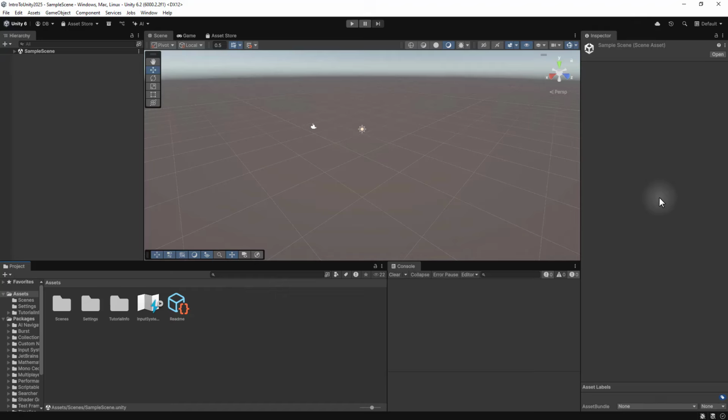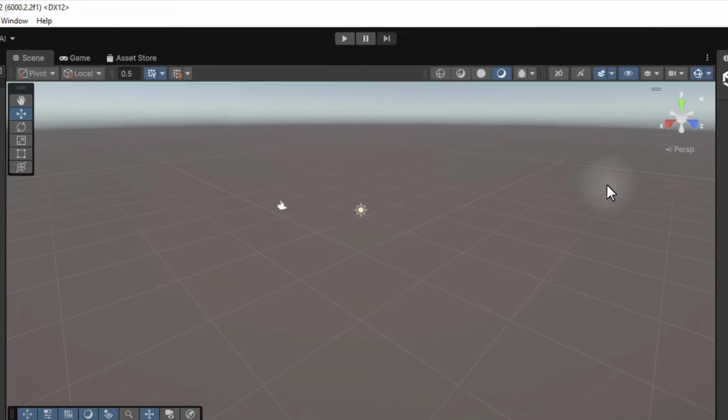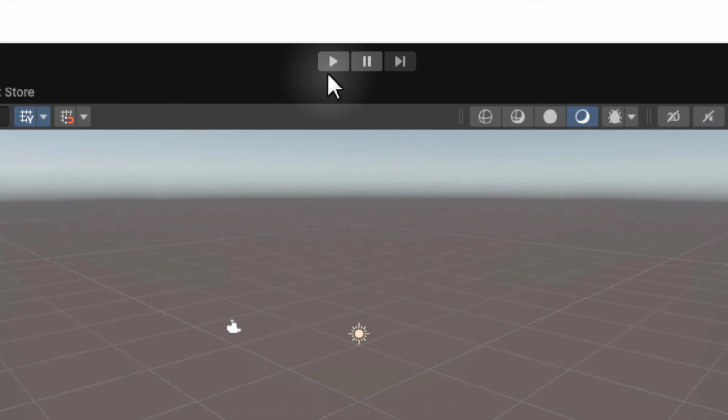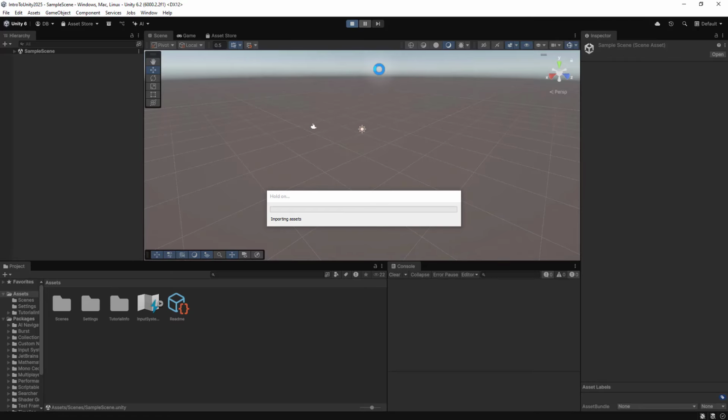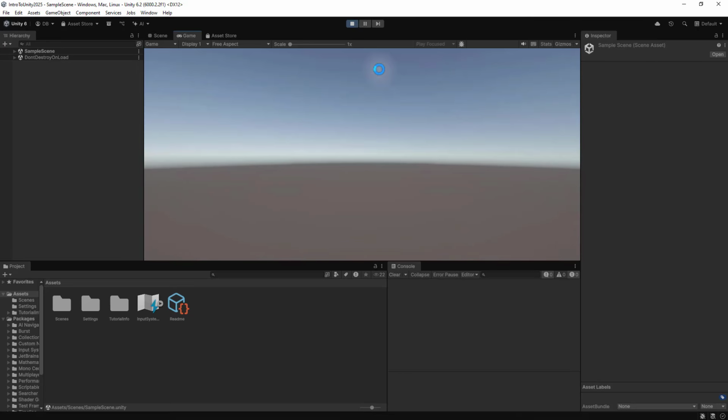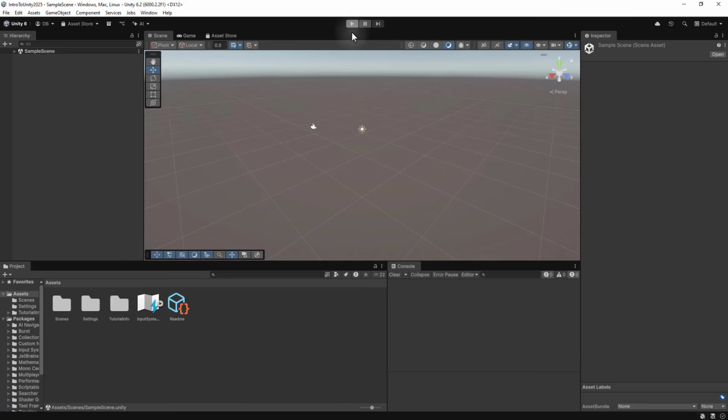Now, how do we play our game? Well, to play our game, we simply want to go to the top of our screen and you'll see there are 3 buttons. We want to click on the first one, which is going to play our game. Now, it's going to have a little loading bar as the game needs to process, but then it will switch over to the game window, and this is where we will then play our game. At the moment, we don't have anything in our game, so we're not really going to have any functionality. But to stop playing the game, we can click on the play button again, and that will bring us back